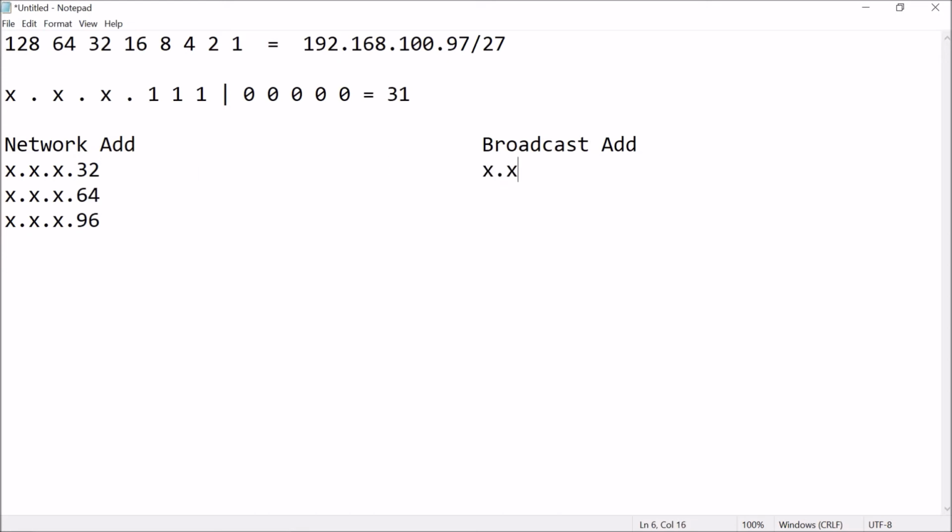So for the broadcast address, this is 63, or 32 plus 31. This is 95, and then of course this is 96 plus 31, that's 127. And if we try to check on the assignable IP range,